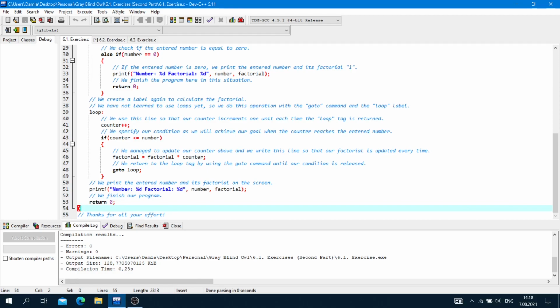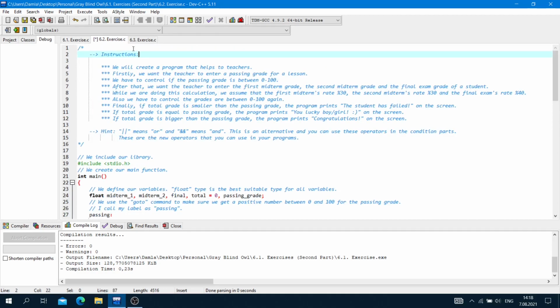Now we will go on with the second exercise. Here, our instructions. We will create a program that helps teachers. Firstly, we want the teacher to enter a passing grade for a lesson. We have to control if the passing grade is between 0 and 100.